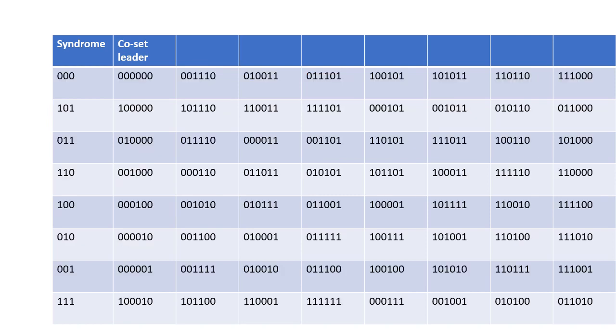So now after completing all the vectors, or after filling all the values, you are going to get a matrix like this. Here, the first row is all possible code vectors, with 0 0 0 as the syndrome. Usually S is equal to R into H transpose for detection of error. If you get it as 0 0 0, it means that it is a valid code vector. So all these first row elements are the valid code vectors.